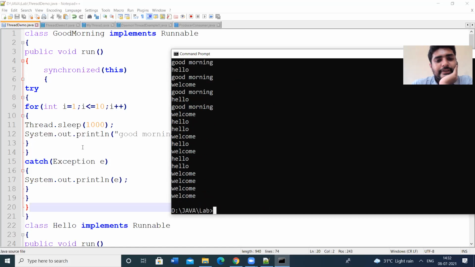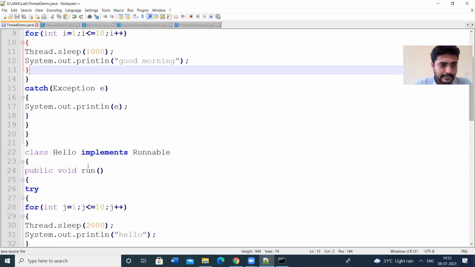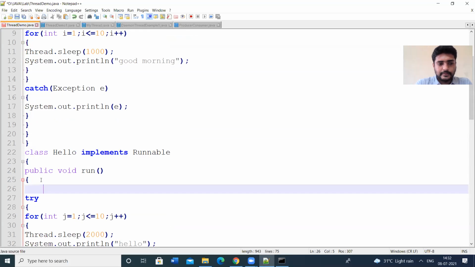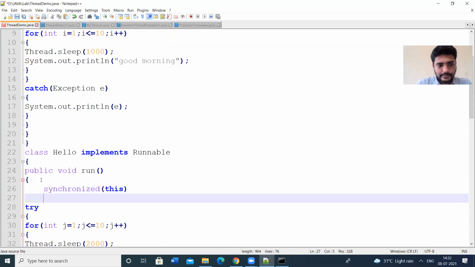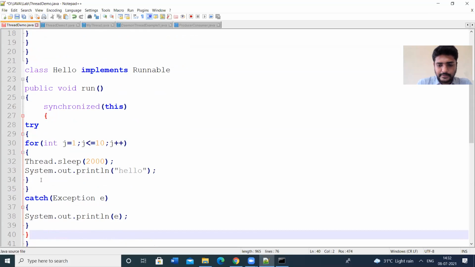So here I have synchronized only one single run method. So let us make the hello class also synchronized. Synchronized this, braces open, catch method.